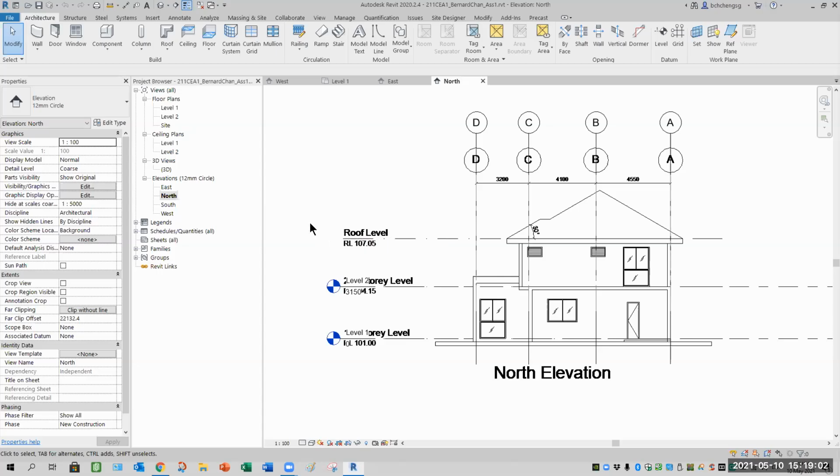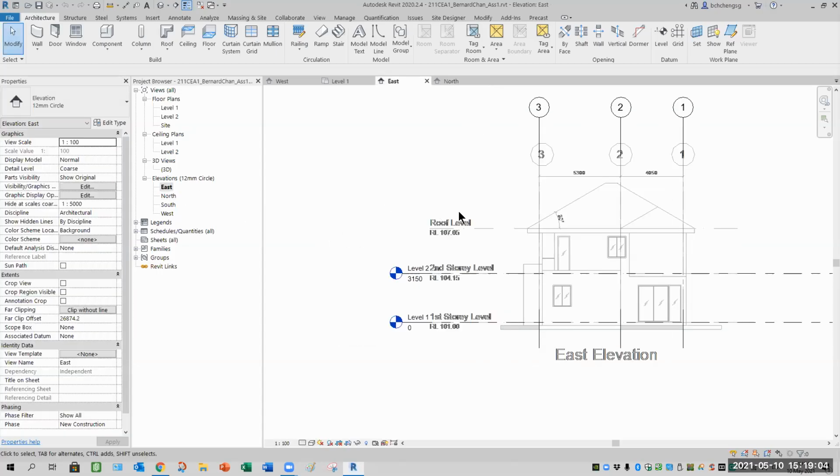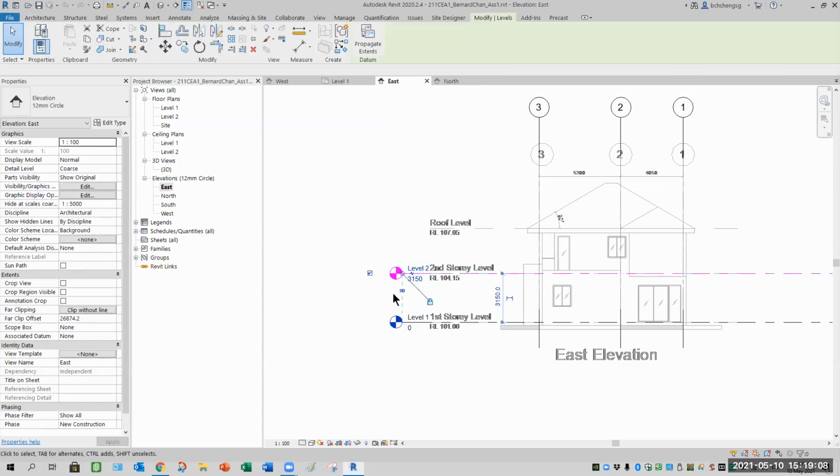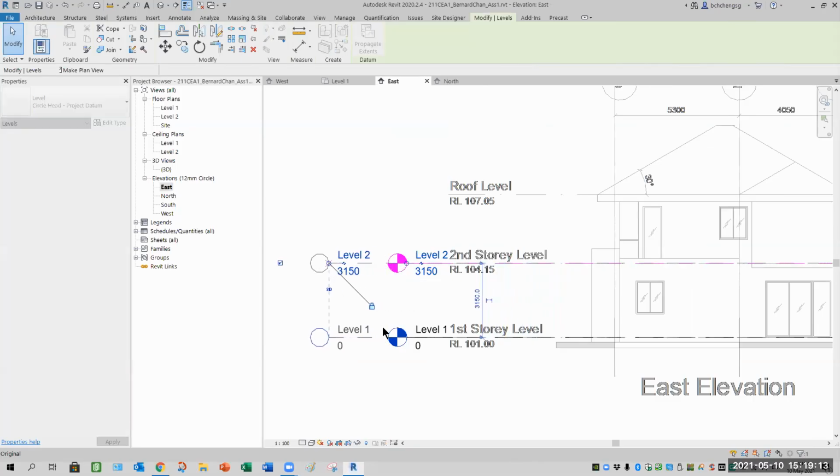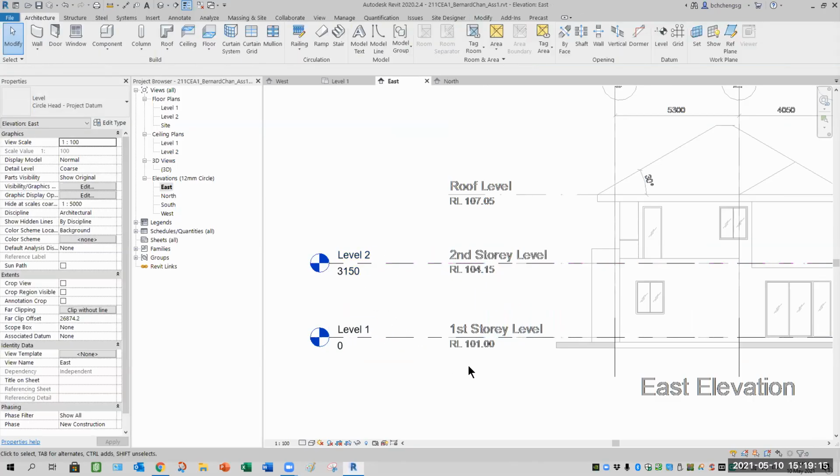Ready? Let's go to the east view. So remember your own level, need to drag it out. Once done, then we hide. Now,